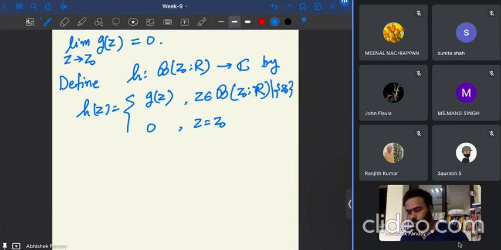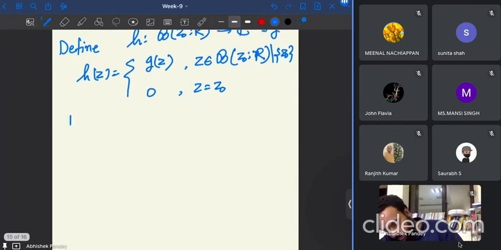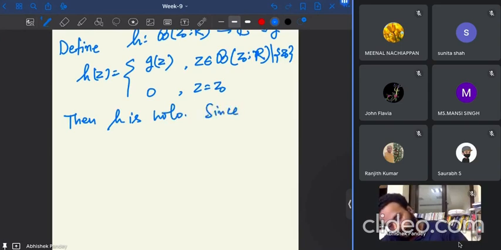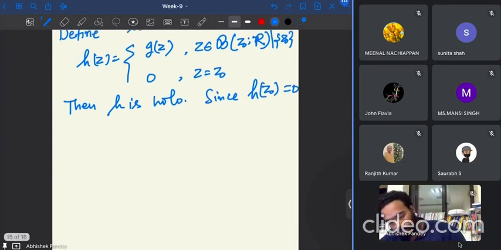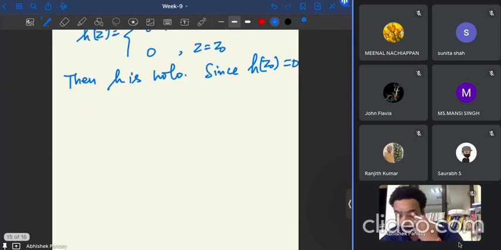Okay. Now what is this z? Then z is this h. Then h is holomorphic throughout this ball B. Also, since h of z naught is basically 0, that is, z naught is a zero of h. So what does it mean? This we have seen in the zeros of analytic function. So since h of z naught is equal to 0, it means that